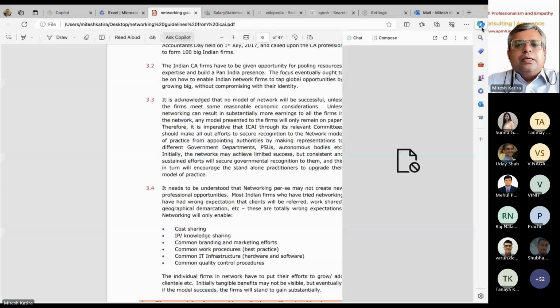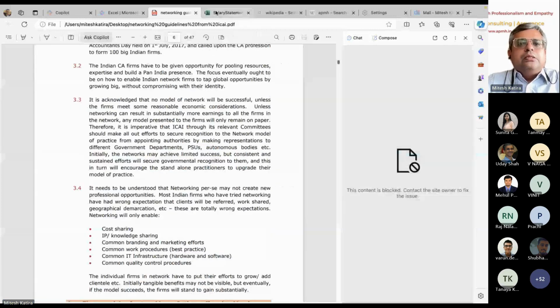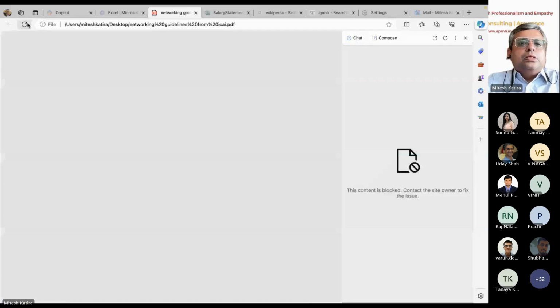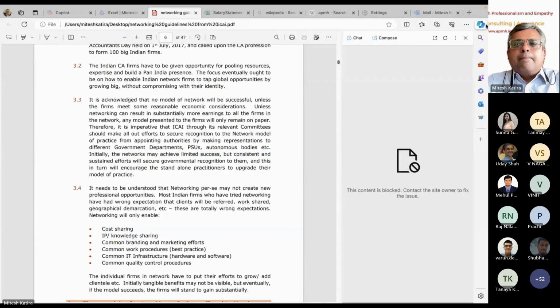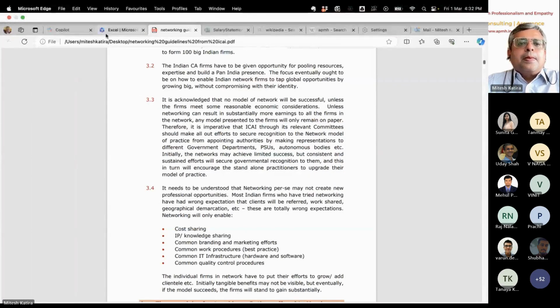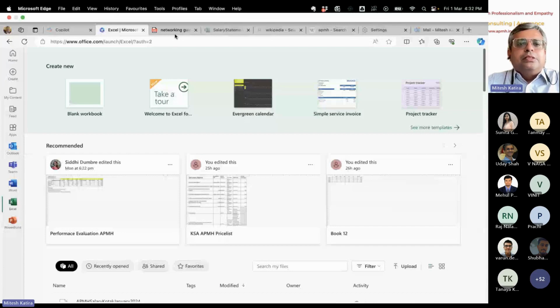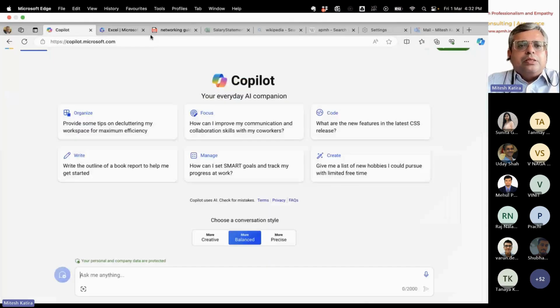Just give me 1 second. Some issue with the content, it seems. It was actually able to do the chat. I actually did the analysis of this PDF in a nice manner with the same browser, but now it is showing some issue.